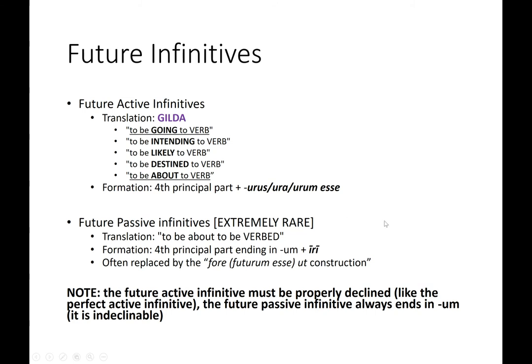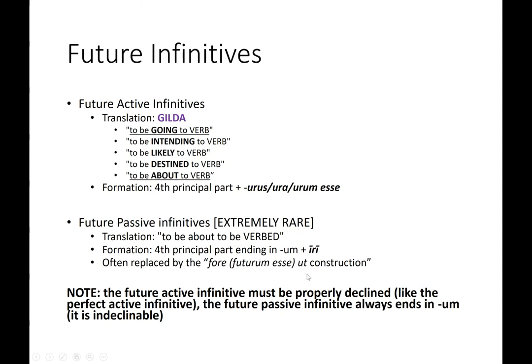The future passive infinitive is extremely rare. In fact, it's so rare that Trautmann doesn't even include it in the textbook in this particular chapter. It's so rare the Romans actually tried to avoid it at all costs. If they ever found themselves accidentally writing a sentence where they would have to use the future passive infinitive, they would change the sentence and replace that infinitive with something called the fore ut construction, which we don't really have